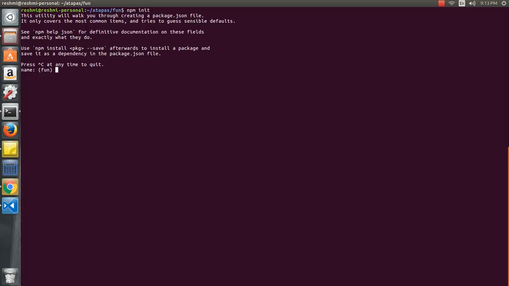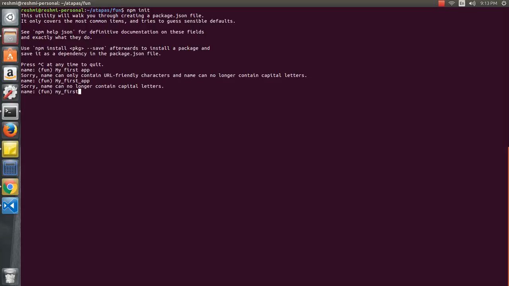So the name is my first app. Okay, it can only contain URL friendly characters, it means no space. Fair enough. My first app. Okay, another restriction, it cannot contain the caps. Alright, I'm set. So my first app, version,